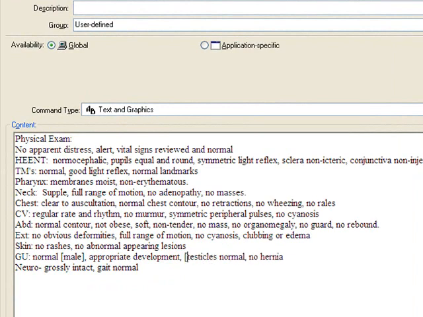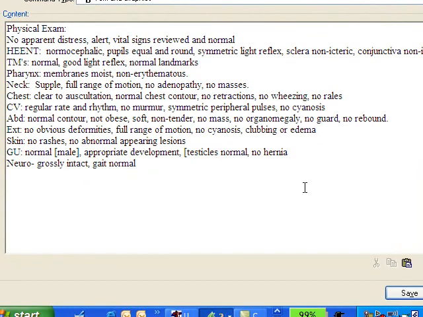And after I put brackets around testicles, then when I save this now,